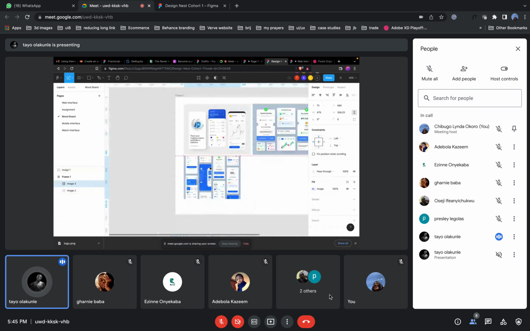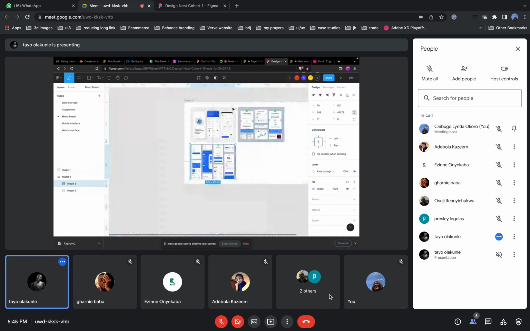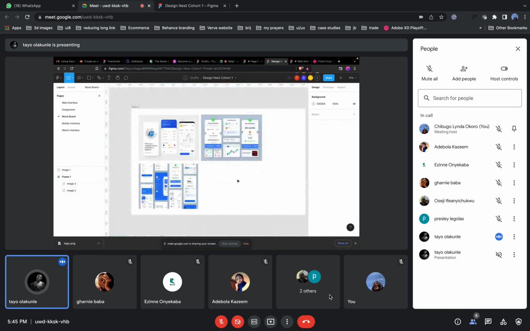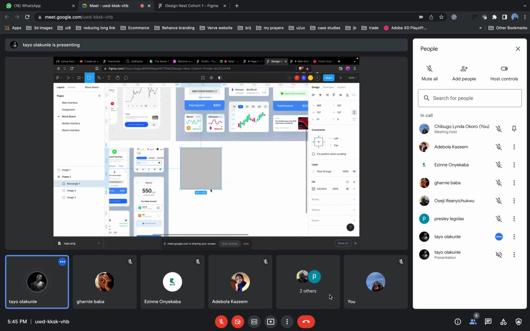Okay, so one thing you will notice about my mood board is I'm trying to pick a design that looks uniform with the color I want to use, right? So now I have beautiful designs. So now I can pick out my colors from this design. I think the color I want to use is